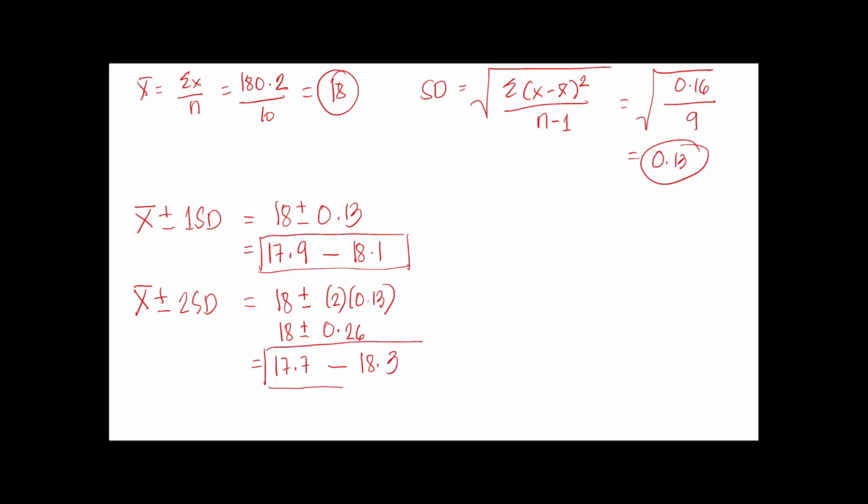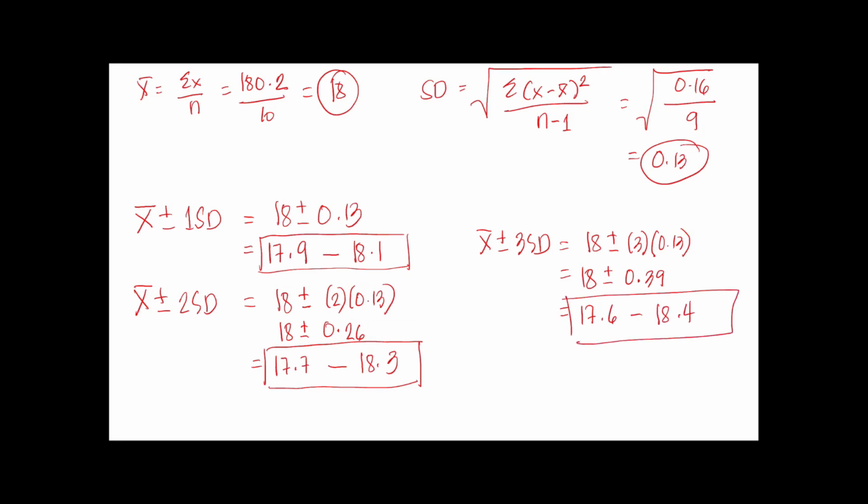How about for our third SD? For our third SD, we have 18 plus minus 3 multiplied by 0.13, which gives us 18 plus minus 0.39. So the range of values for the third SD is 17.6 up to